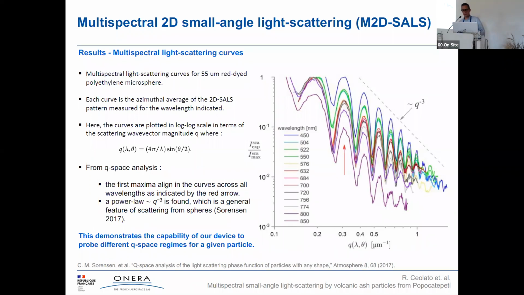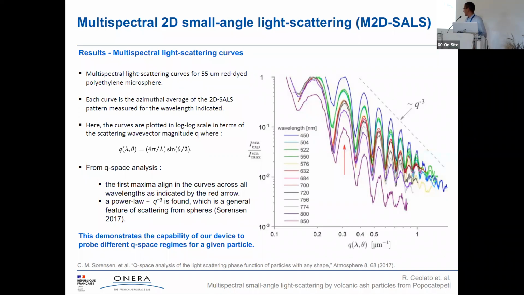Another quantitative way to use the multispectral light scattering curves would be to use what we call the Q-space analysis. That's another way to represent the diagram. As you saw the two-dimensional small angle light scattering patterns, we can also represent them in this Q-space analysis. The Q vector is the scattering wave vector that is given over here. So it's a very handy and very useful way to plot and to represent in a log-log scale the different